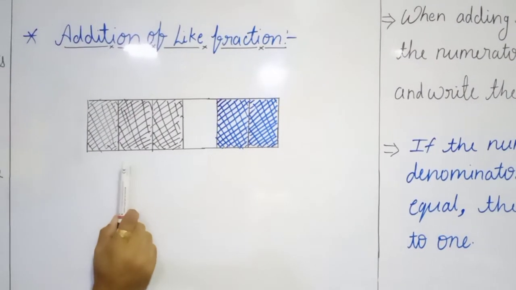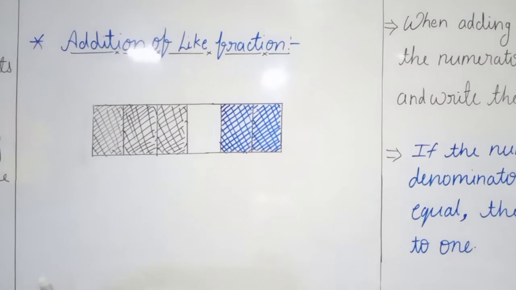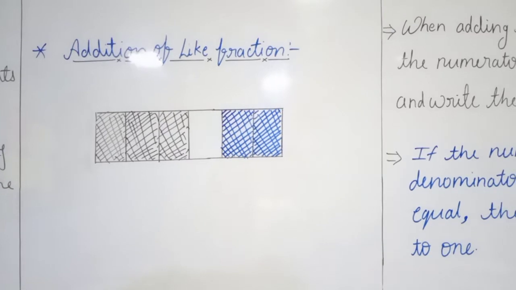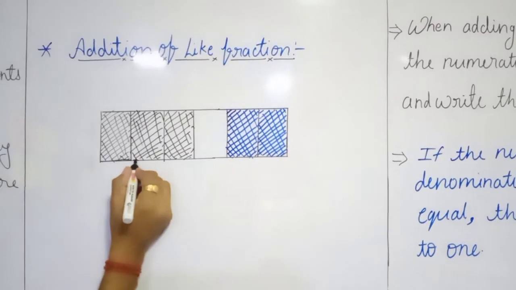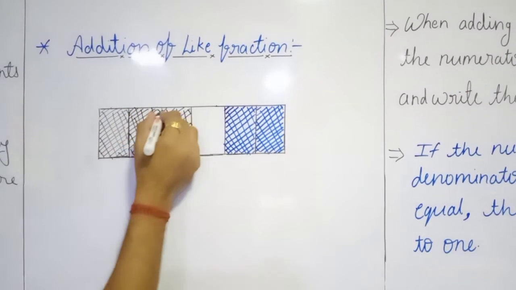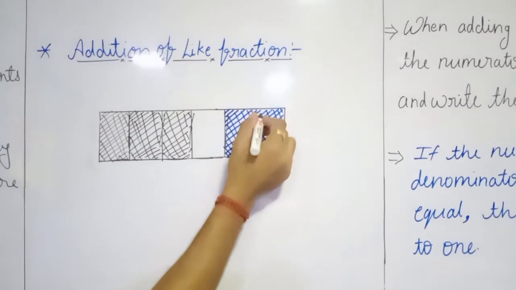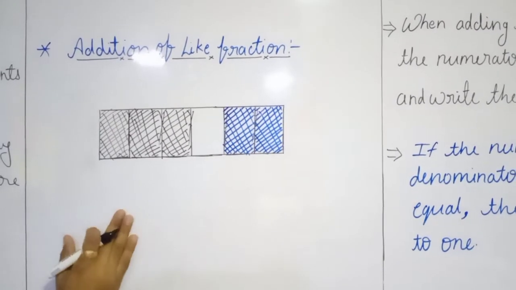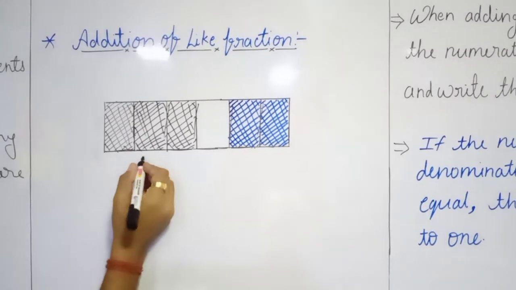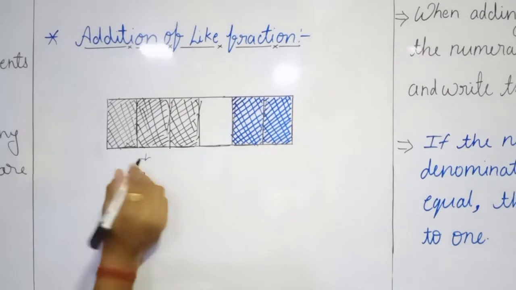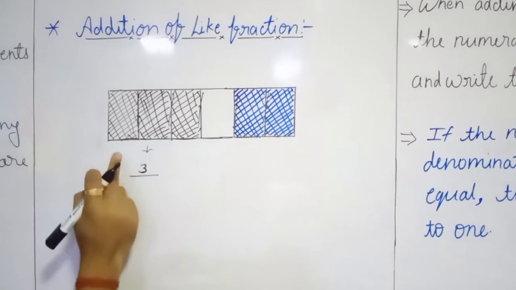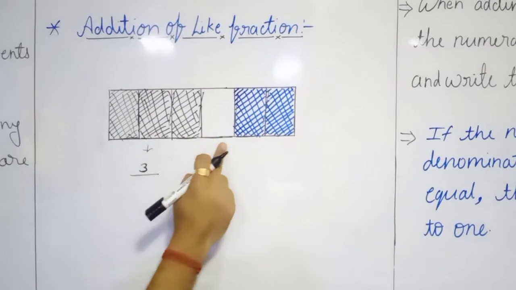That strip is divided into three colors: black, white and blue. And if you are able to see, it is divided into how many parts? 6 parts. Yes? 1, 2, 3, 4, 5 and 6. So, as we learned, how are you going to write this black shaded part? 3 parts are shaded with black color. So 3 upon the total, which is how much? 1, 2, 3, 4, 5, 6.